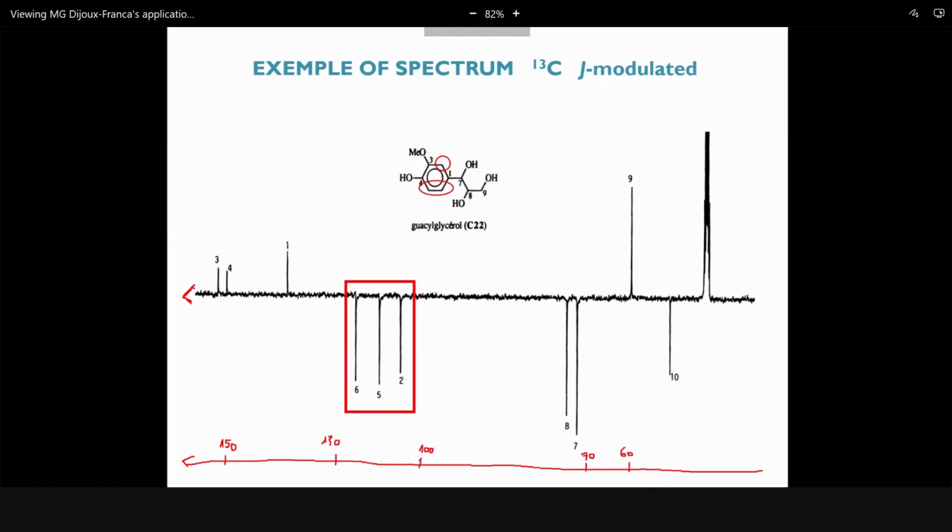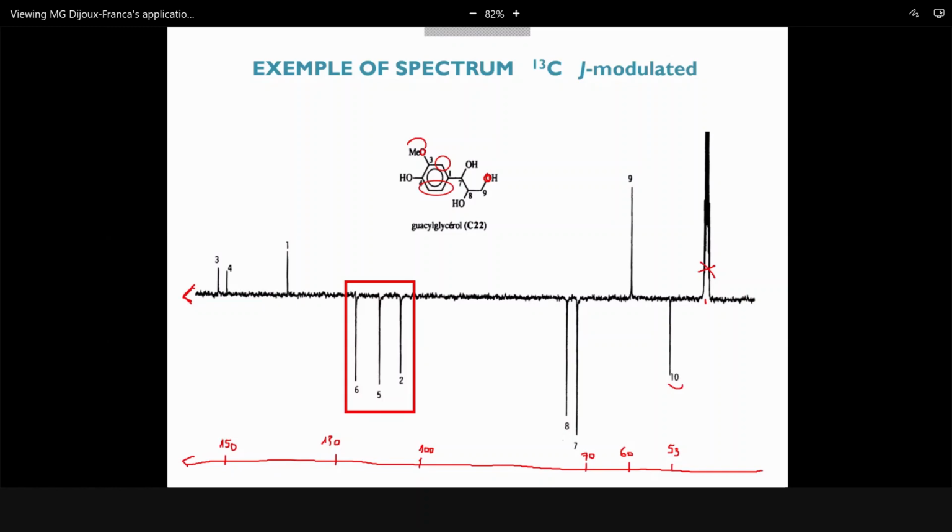CH2 bearing an oxygen. Okay, we have an oxygen. And here is a methyl, but a methyl on an oxygen also. On the aromatic ring, we are around 53. This is the solvent. Okay, so